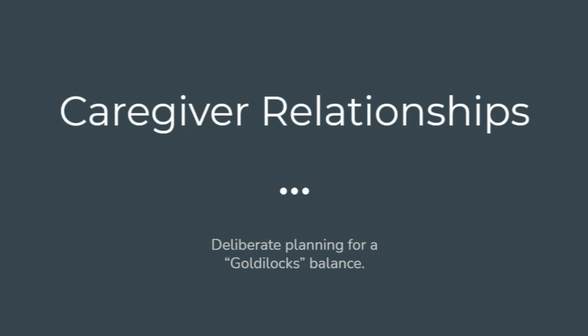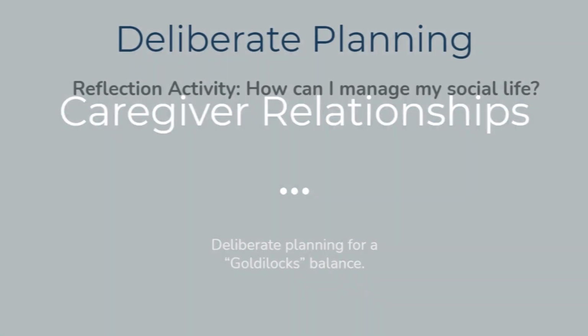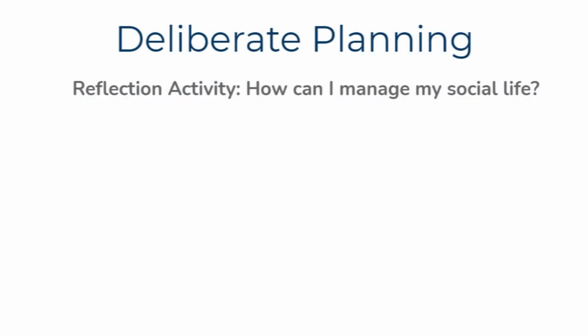In this lesson, we will cover caregiver relationships with a focus on deliberate planning, where the outcome is finding and creating what we call a Goldilocks balance. We are going to start with a reflection activity that will help answer the question, how can I manage my